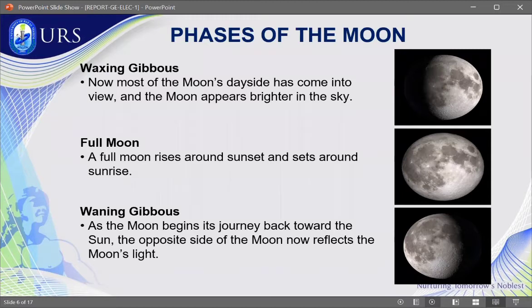Then, the last we have the waning gibbous moon. Its moonrise was in the evening, and moonset is in the morning. The waning gibbous moon orientation was the left half is lit in the northern hemisphere, and the right half is lit in the southern hemisphere. Ang position nito sa space kapag gumalaw siya from full moon into third quarter moon. The moon can still look quite full for a few days, and after a full moon is the waning gibbous moon phase na.